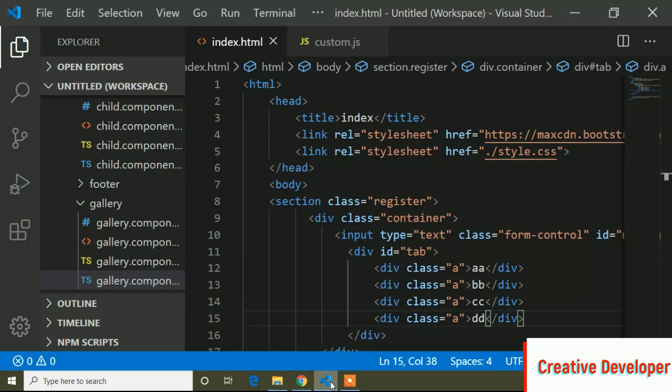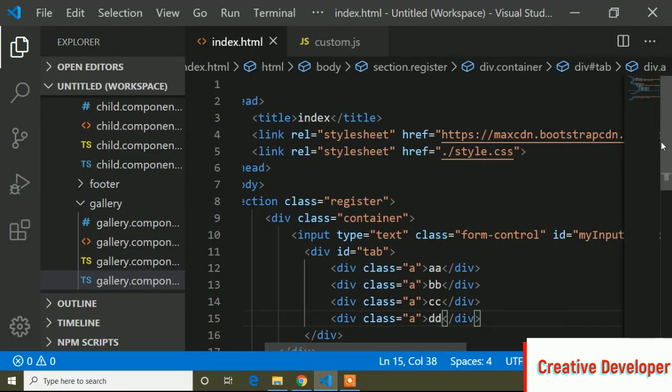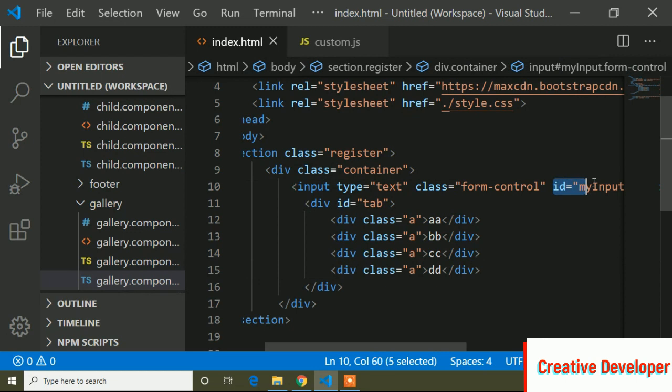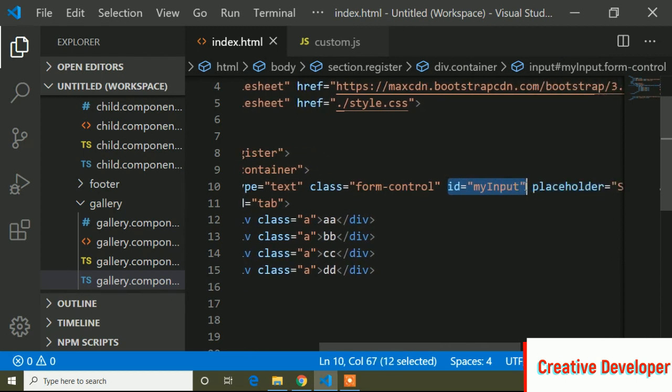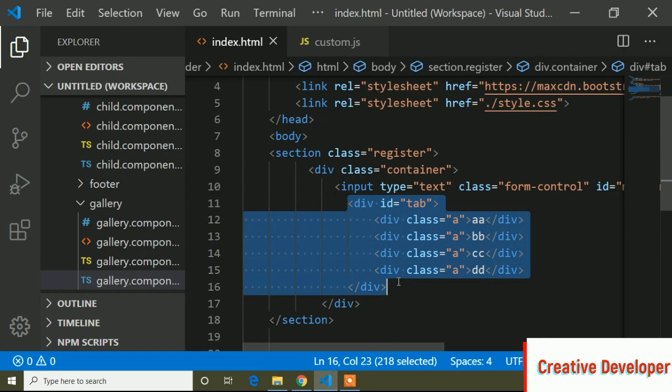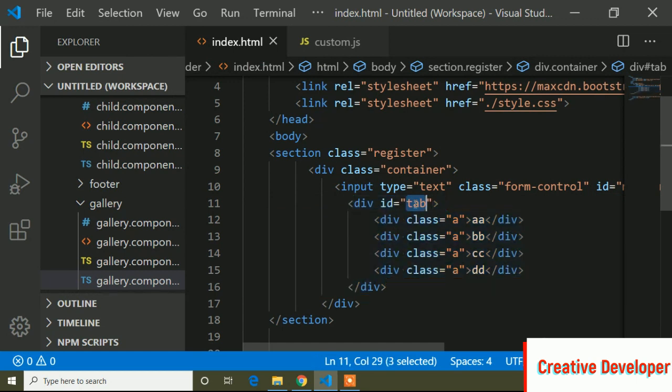Now I will write the JavaScript code. First of all, inside this input type I have taken an ID. So when I click this input, the searchable value will be inside this div ID tab, and the div will show A only, the A class.